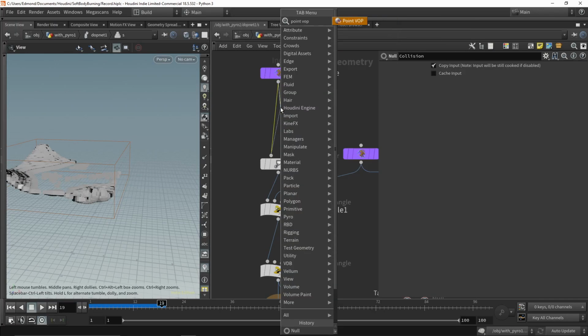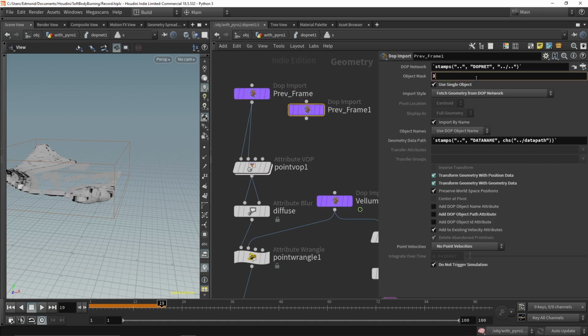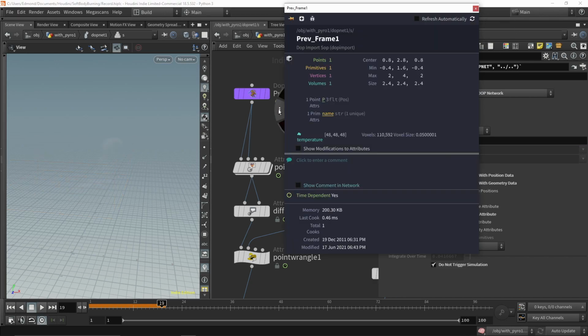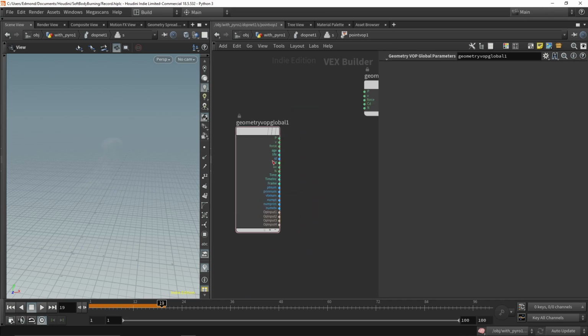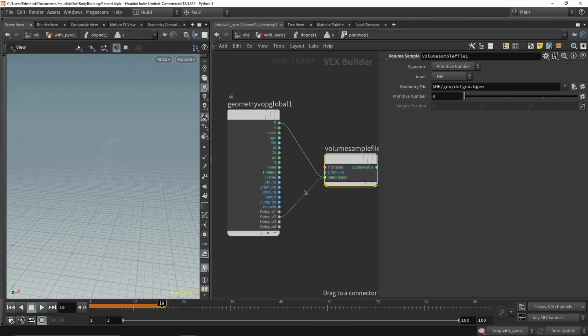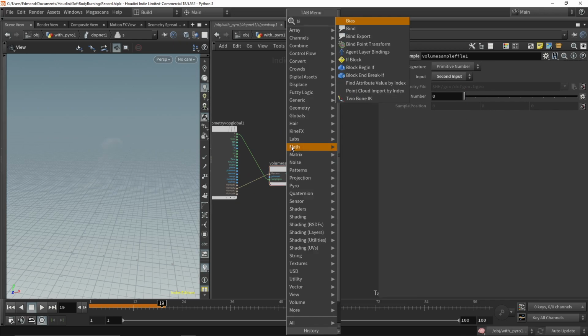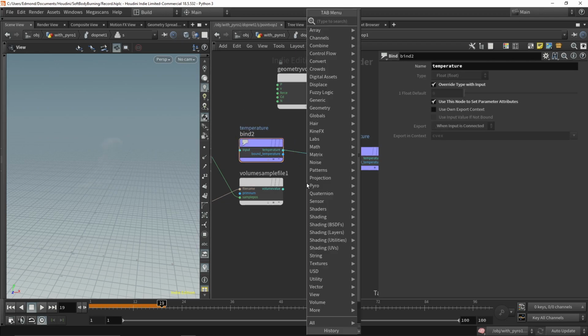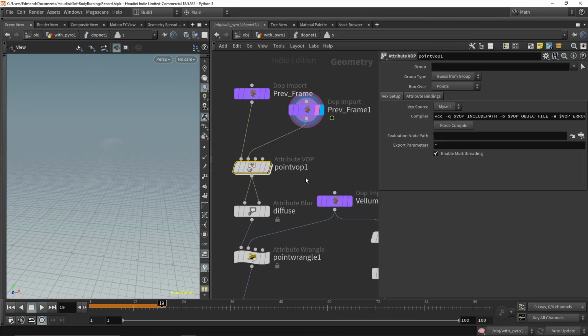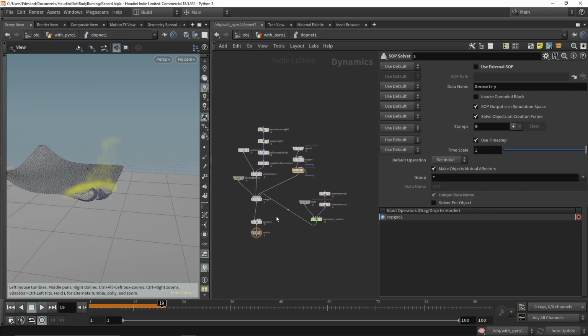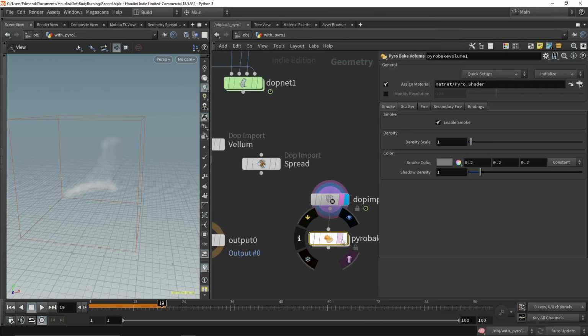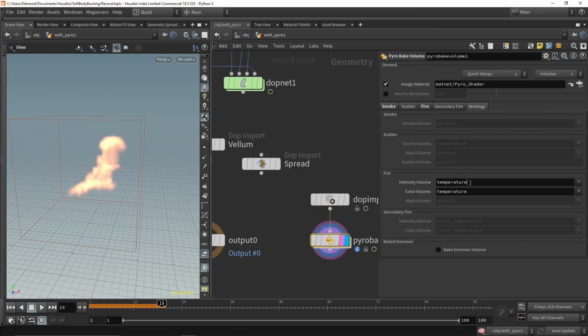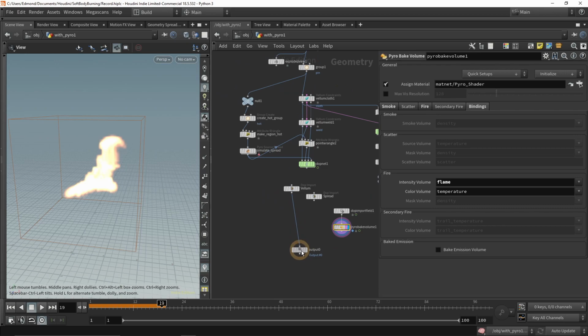I want also the flame to be able to spread as the temperature field hits some pyro spread points. So what I will do is import the temperature field from my pyro object, and I will take the maximum of that field and the temperature attribute on my pyro spread points. So now the pyro is spreading fire on the pyro spread points. And if you're using pyro sparse and you're kind of missing the fact that the flame can spread inside the simulation, it's a good idea to do it this way.